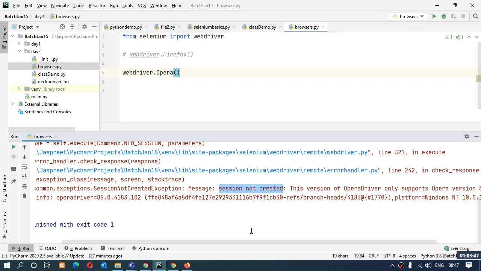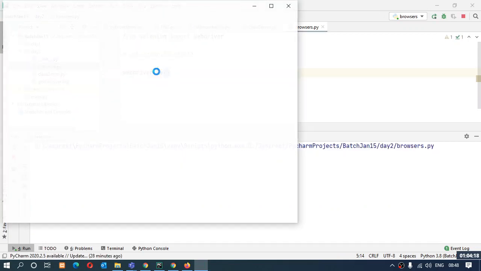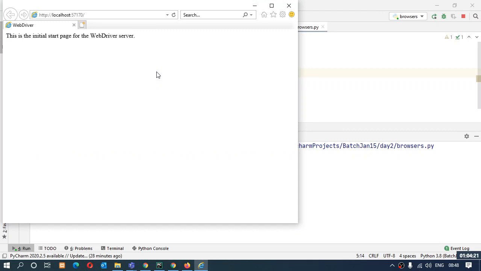So I was saying that if my browser and driver versions are mismatched, or the driver is a little older than the browser version being used, you may get this error, session not created, because of that incompatibility. Okay, so you just need not worry about it. Update your driver and then it's going to work. Right? If I want to open Internet Explorer, that also I can see. IE, I'll save it and I'll run it. A blank Internet Explorer window has opened over here. This way. Okay.